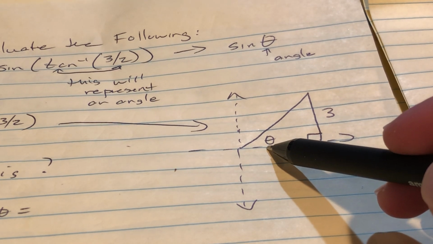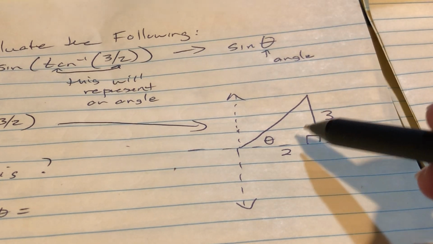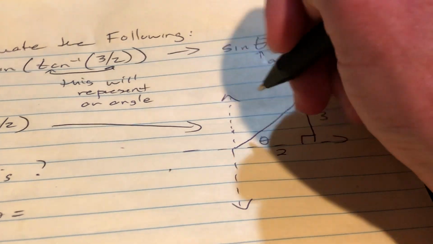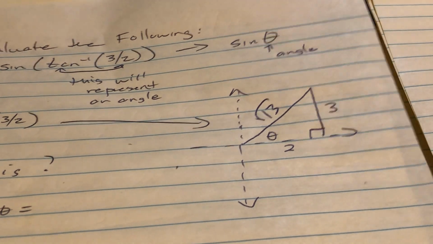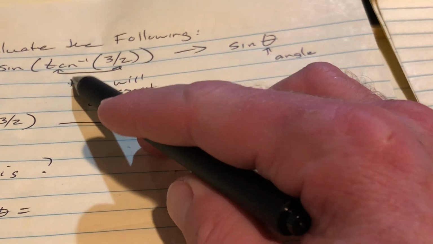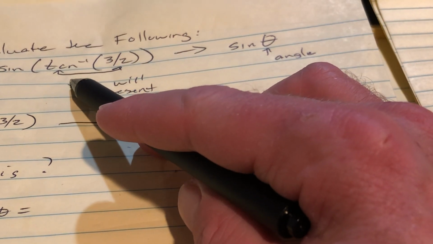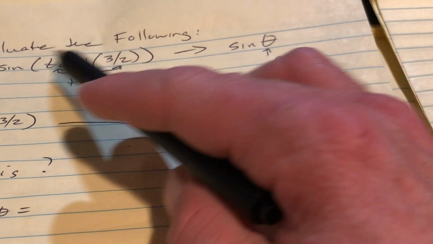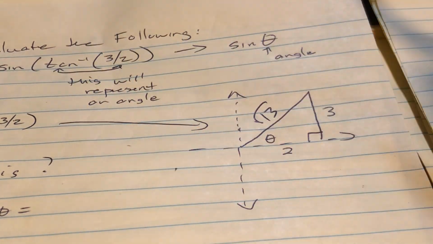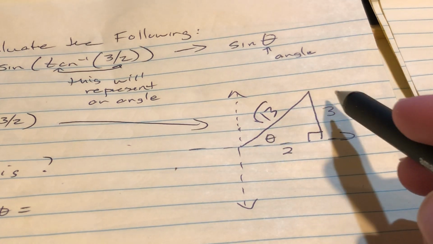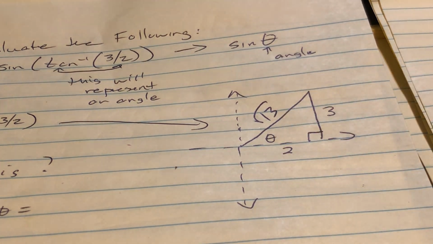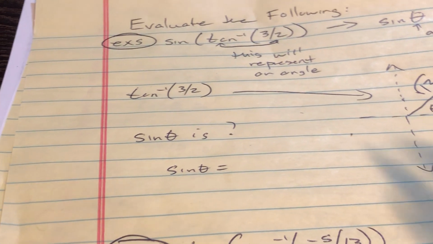And theta has a tangent ratio of 3/2. That means the hypotenuse, if I do the Pythagorean theorem, is root 13. So I need a theta such that it has a tangent ratio of 3/2, and I want to know what is sine of that theta. Okay, so sine of that theta is opposite over hypotenuse. Sine of theta is